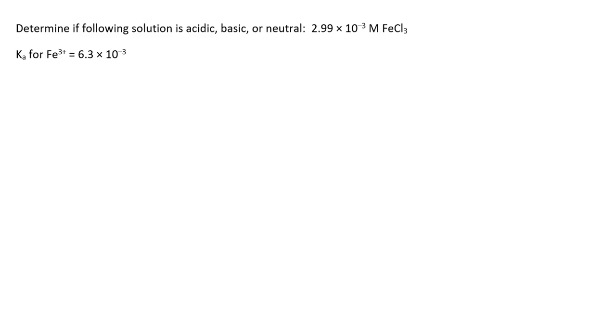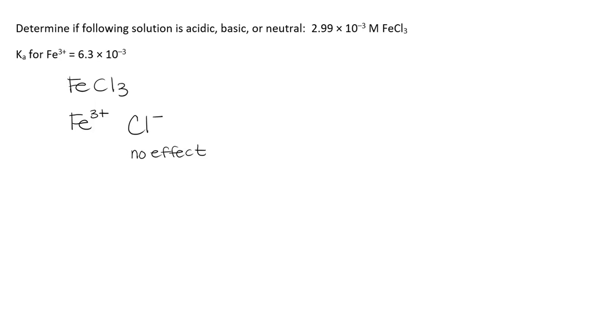So our first solution is FeCl3. The first thing we need to do is write down the chemical formulas for the cation and the anion. So the cation is Fe3+, and the anion is Cl-. We notice that chloride will have no effect. So whenever we see the conjugates of a strong substance, when we see the conjugate base for a strong acid,